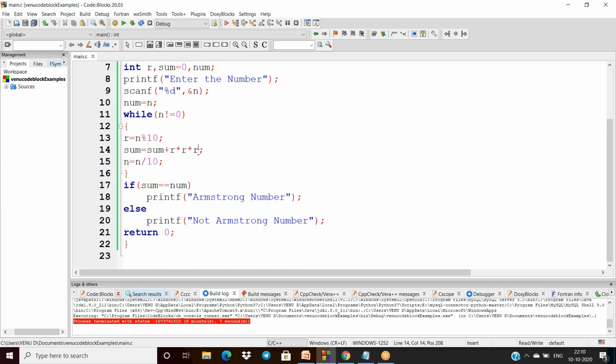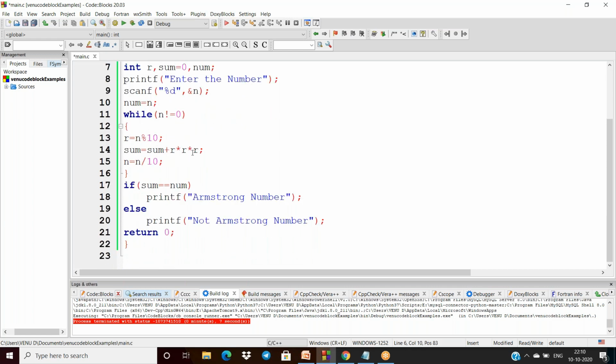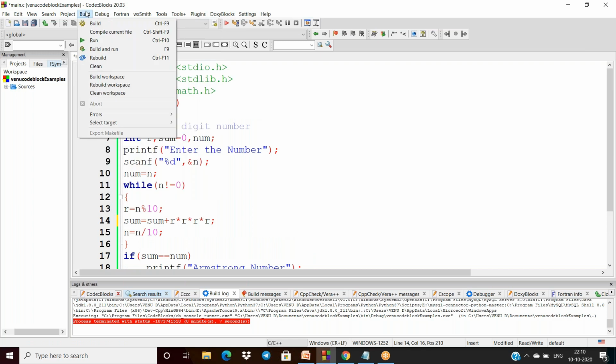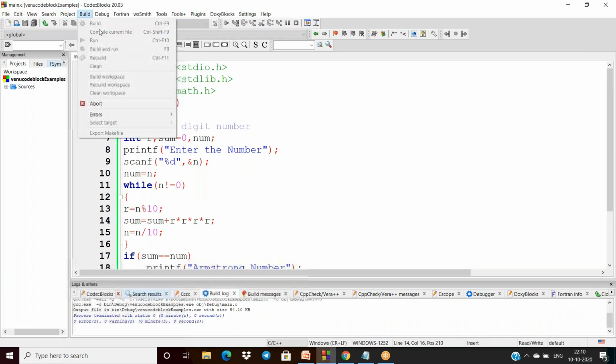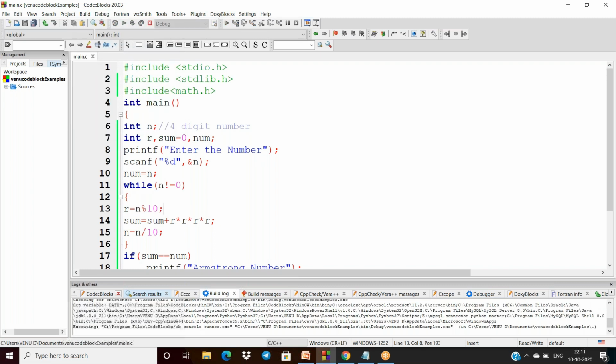This is for three digits. But suppose I want to write the code for four digits. Then I just have to add one more r, multiplying one more r here. Now this code is only for four digit numbers. Now I compile again and run the code.